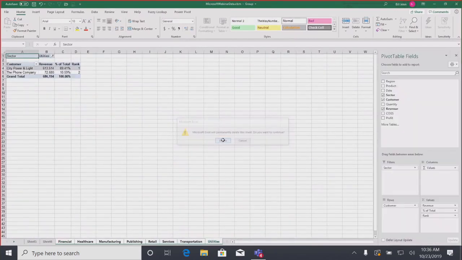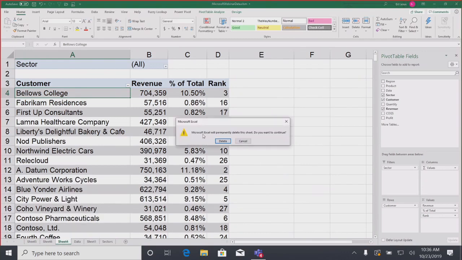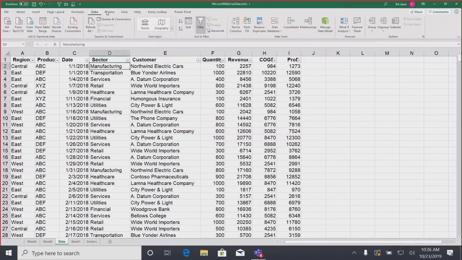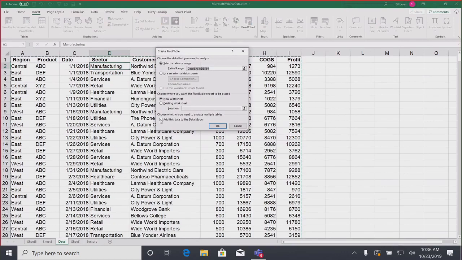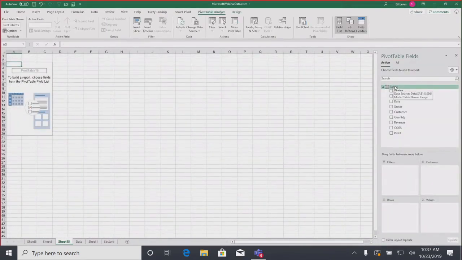So I'm going to come back here to just a real boring data set, 563 rows, no lookup tables at all, nothing spectacular. Why would I ever run this through the data model? Oh, well, because it unlocks all kinds of features. So I'm going to insert a pivot table, add this data to the data model. Not even going to make it into a table, right? I don't have anything to join. They're going to create a fake table name called range. That's fine. I have no problem with that.